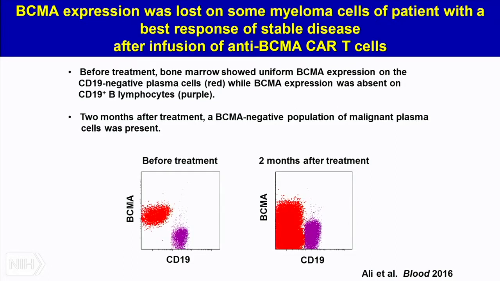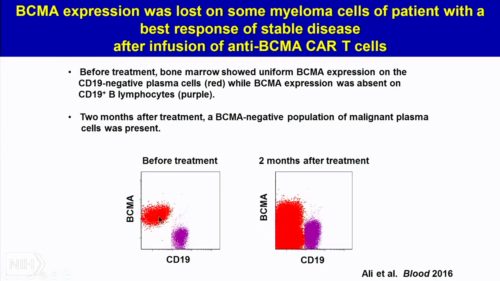One issue with anti-BCMA CARs is that sometimes the target malignancy, the multiple myeloma, can lose expression of BCMA. So this is flow cytometry data for those familiar with flow cytometry. Each dot is a cell. The red area is indicating plasma cells, so that's the multiple myeloma. The purple area is just a control, it's B cells in the bone marrow. So bone marrow B cells, for the most part, do not express BCMA, so that's like a negative control for BCMA. The red population being completely off the x-axis indicates that almost all the plasma cells in this patient were